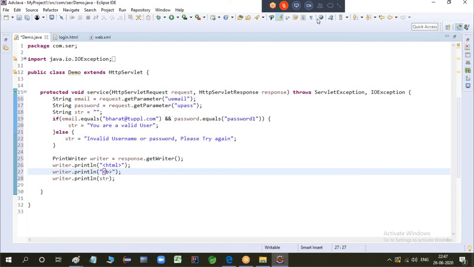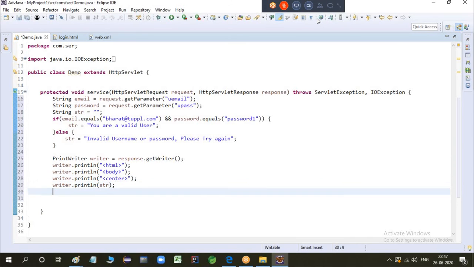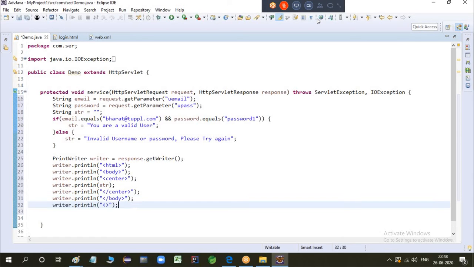HTML, and also I will take it as center, and the center first. Then because this is we are giving because of response in the HTML format. Okay, save this file. Your class is ready, reading and responding.